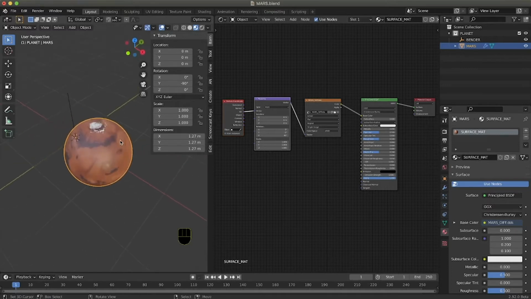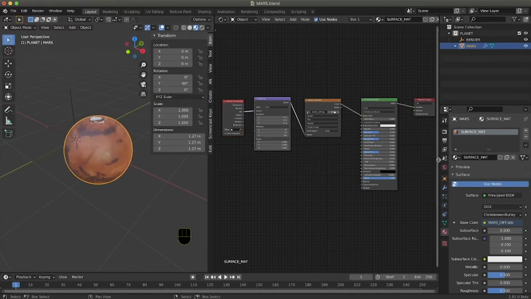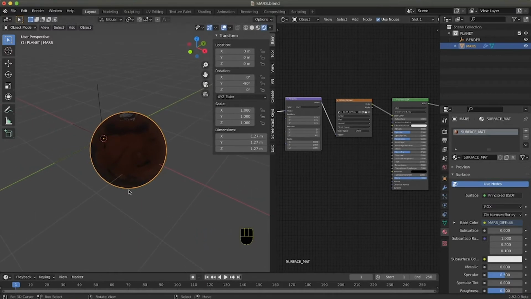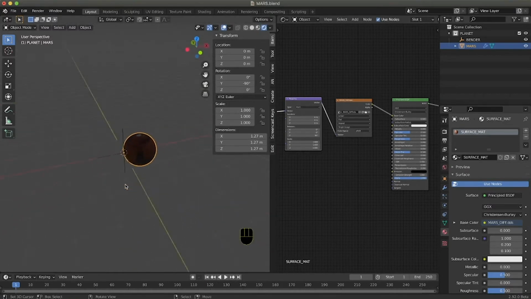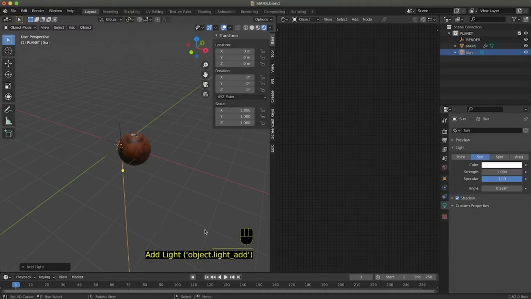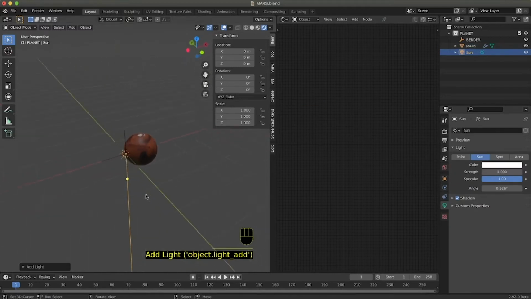Just to make it easier, I am setting up also the light so we can see how it's going to appear. So I go into the render view, and we don't have a light at the moment, so we generate one. We create a light, and in this case it can be a sunlight. Now the sunlight has